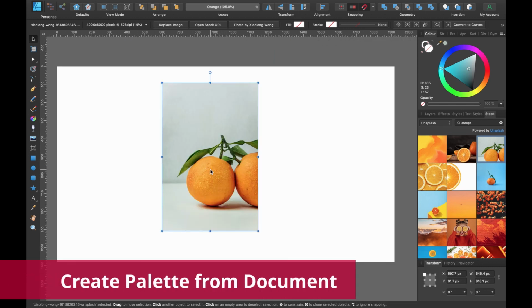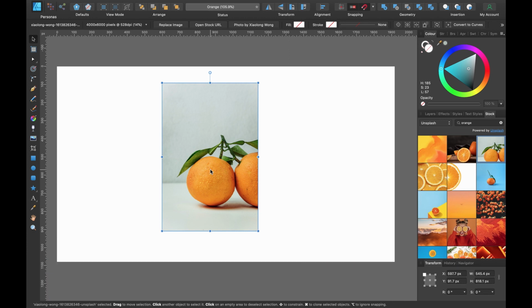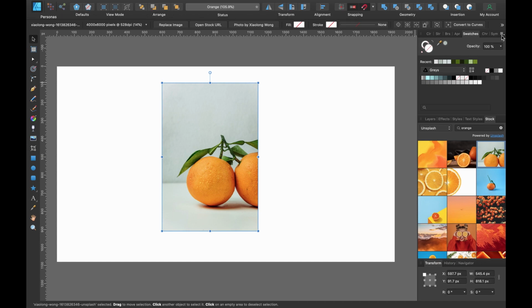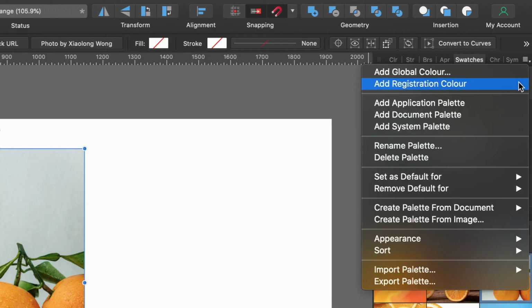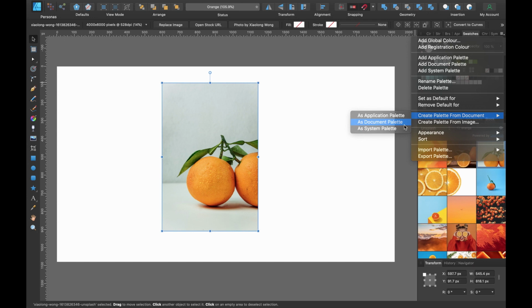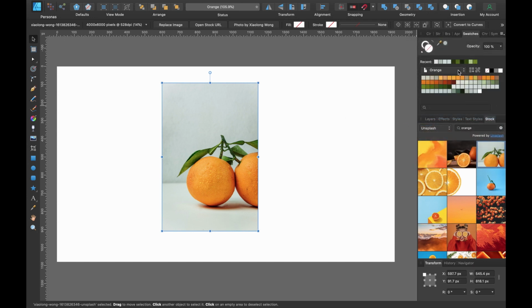The next thing I want to do is make sure I have the right colors when I'm creating this image here. So I'm going to create a new palette based off of the colors in this photo. So what we're going to do, we're going to head on up to Swatch, the Swatch panel here. I'm going to click on that, and then click on the three lines with the little triangle and scroll down till you see Create Palette from Document. And we're going to select as Document Palette because we just want this palette to be available in the document we're working on. Click on that and you can see it's populated this kind of swatch here with all the colors that are in this image. Well, some of them anyway. This is one way to do it.